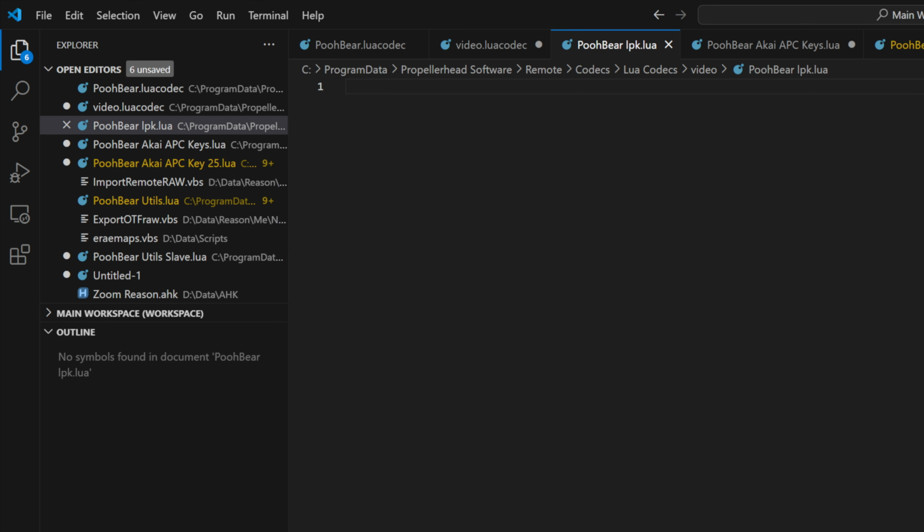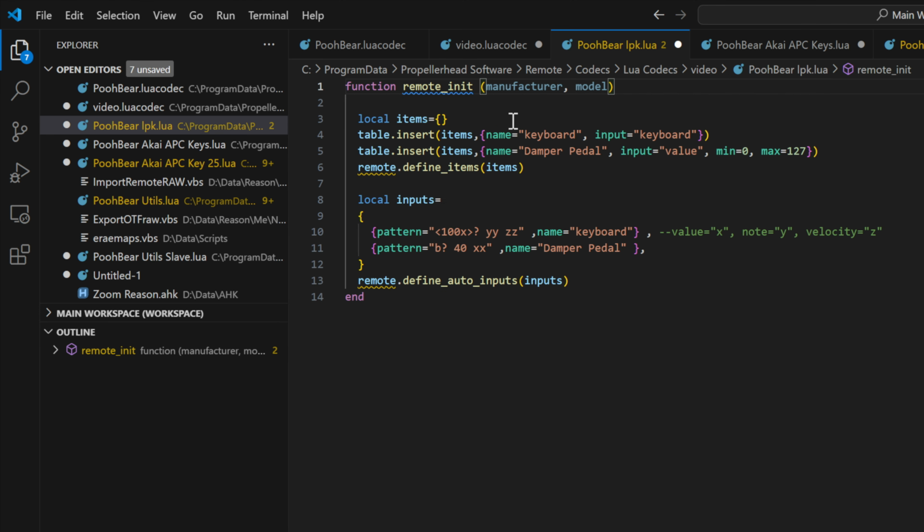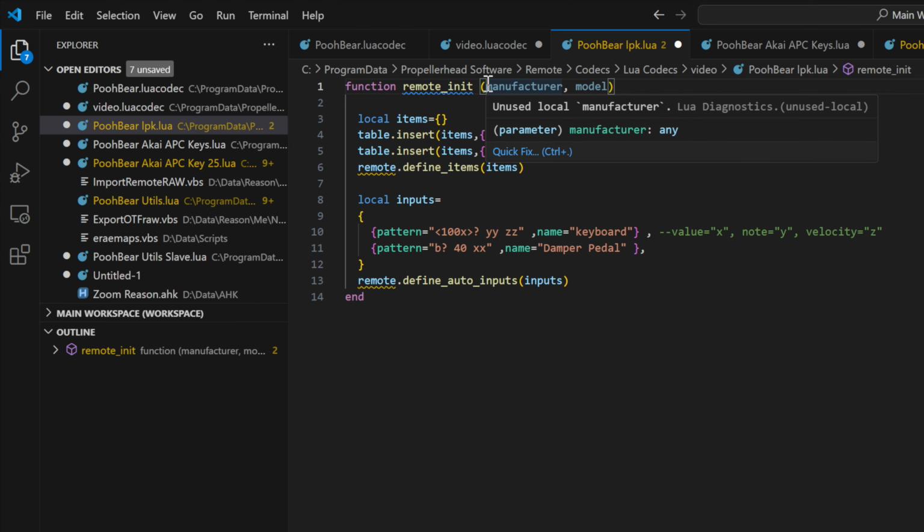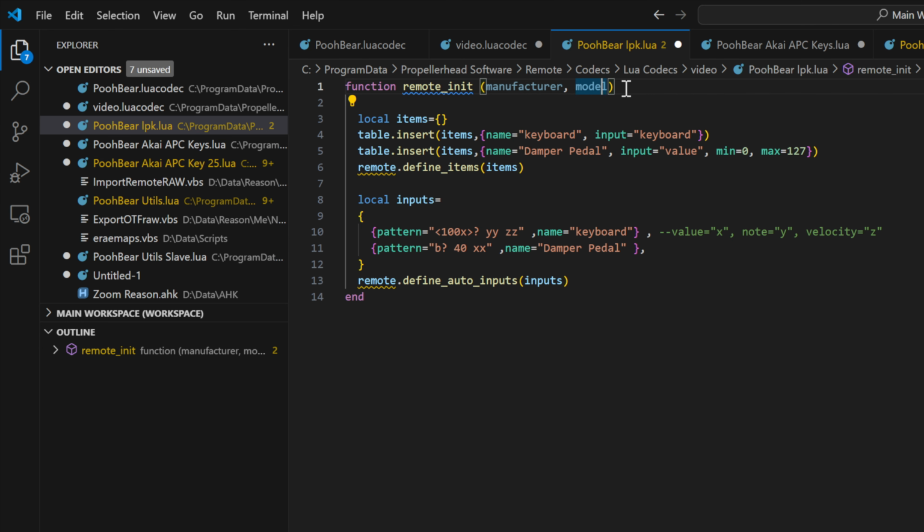So this is going to be our main Lua file. In the Lua file, you do need to have what's called a remote init. This is where we can define our items and set our inputs and our outputs as well. This isn't standard, having manufacturer and model. I always put this in because I like to use that. In this particular case, manufacturer, if I was to run this, will come back as PoohBear video, and the model will be Tom. Because a LuaCodec file, which I mentioned, can have many, many entries pointing to many different Lua files,